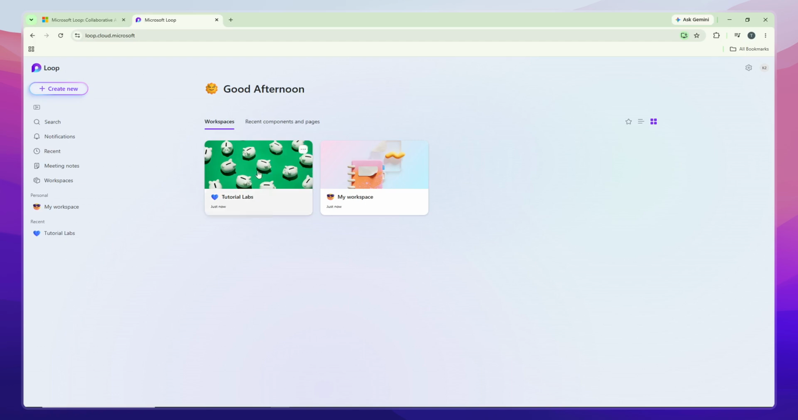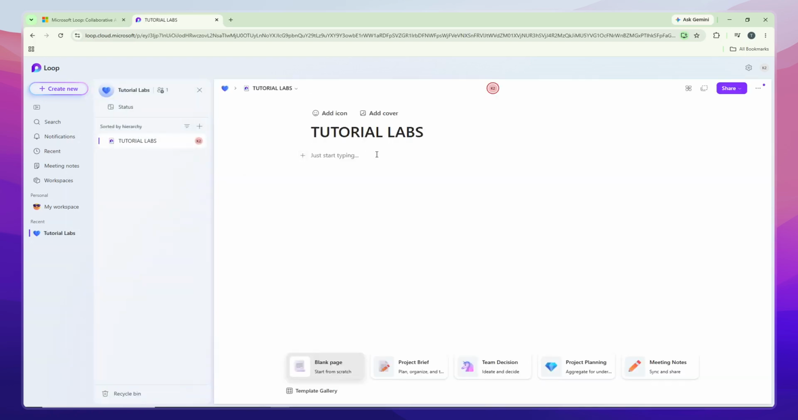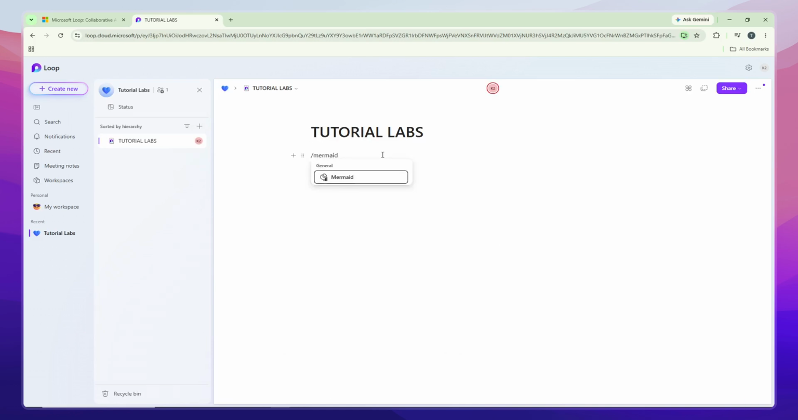This could be an existing workspace you're already working in, or a new one you've set up specifically for this purpose. Now here's where the magic happens. In the workspace, simply type /mermaid. As you type, you'll see a drop-down menu appear with suggestions. Click on the Mermaid option from the results. This will insert a sample Mermaid code block into your Loop page, and it's what we'll use to create our